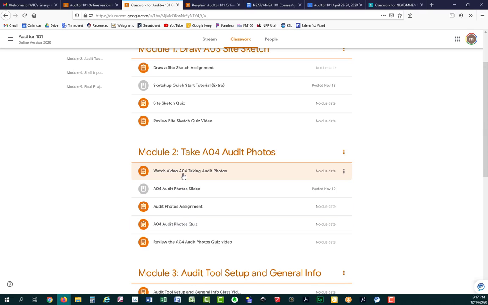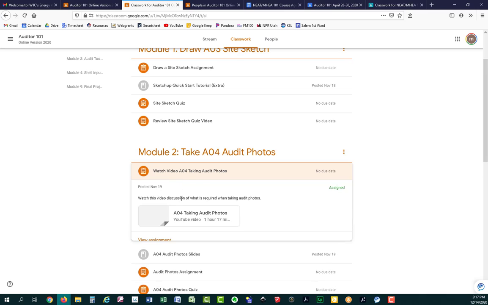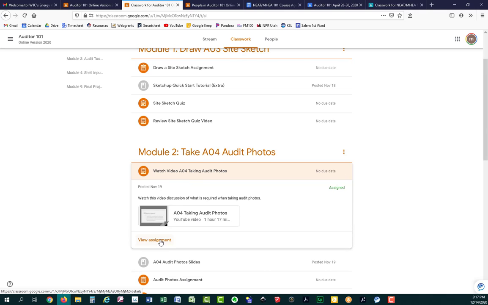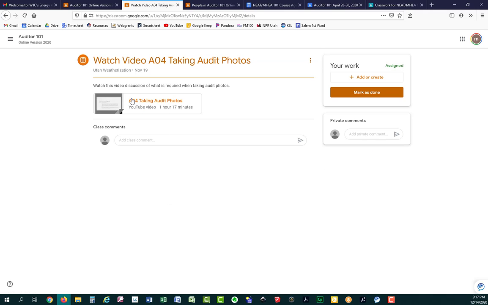But this is what it looks like. You can look at these icons and see if there's an assignment or something, but this one says watch video A04 on taking audit photos. So I'm going to view this assignment. It has a link to the video, and then you can go through this and mark stuff off as